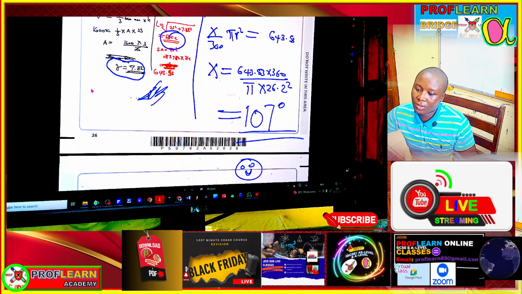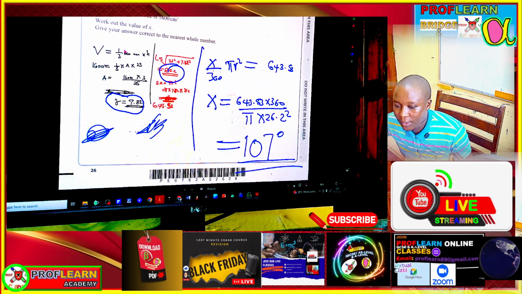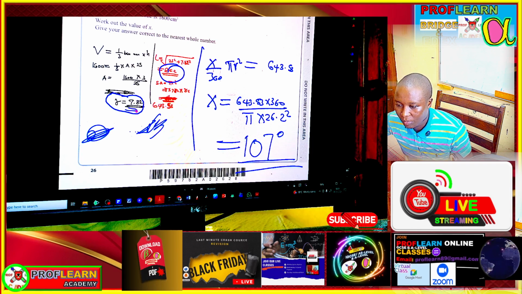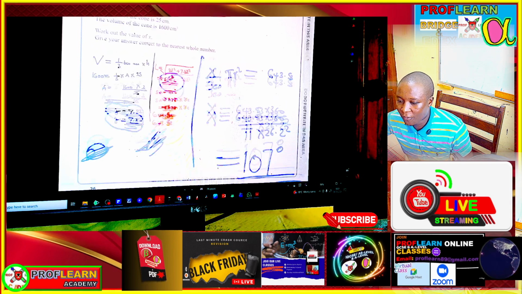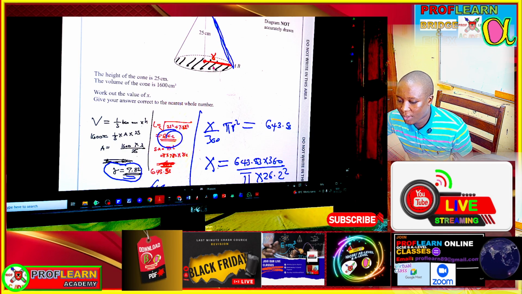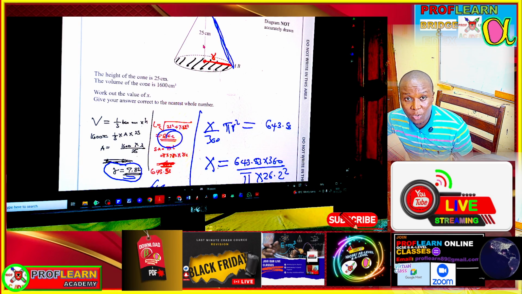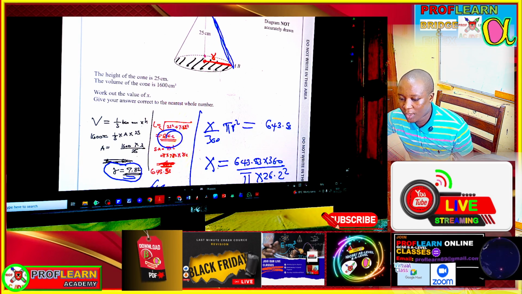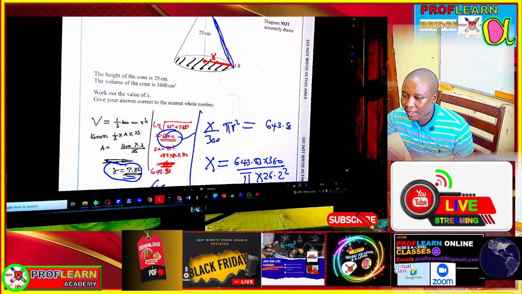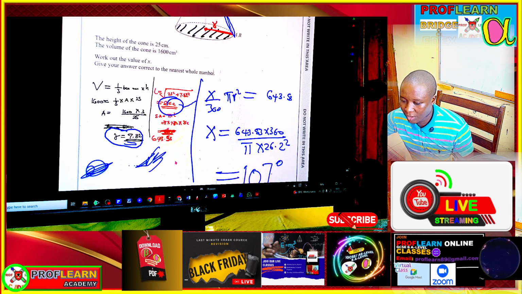What we are saying here is that once you have gotten the area, then you find the radius. From the radius, you can now find this length here by using 7.82 and 25. Then you use Pythagoras' theorem. You say 25 squared plus 7.82 squared, then you find the square root. You get the slant height, which is going to be